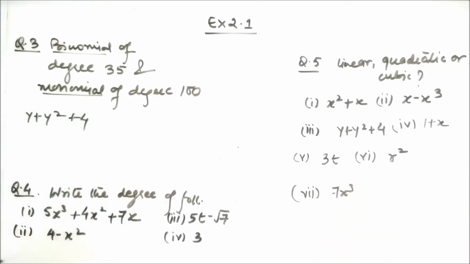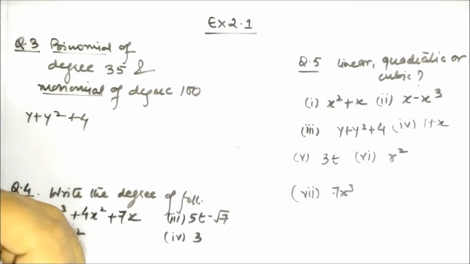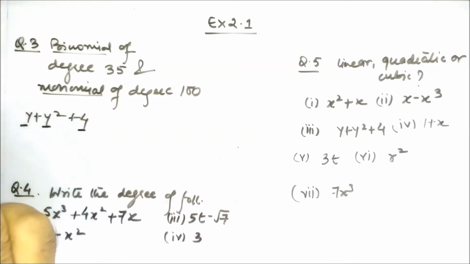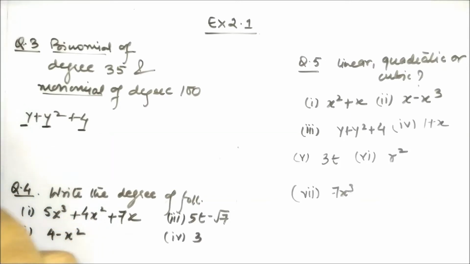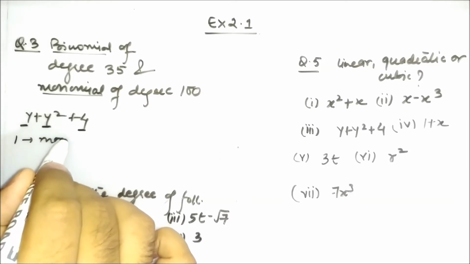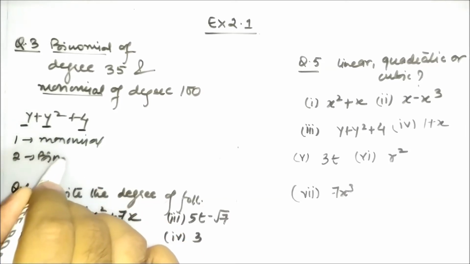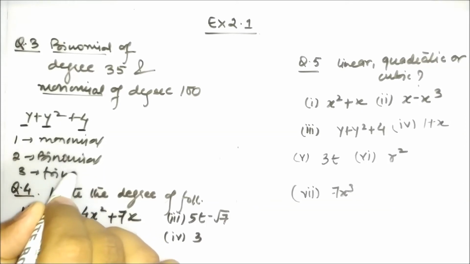example only. Okay, so here we need to see the terms separated by plus and minus, okay, not by multiplication and division but by plus and minus. So this is one term, this is one term, and this is one term, okay? So this expression consists of three terms, so it is known as a trinomial. If it is of one term, it is known as a monomial. If it has two terms, it is known as a binomial. If it has three terms, it is known as a trinomial.